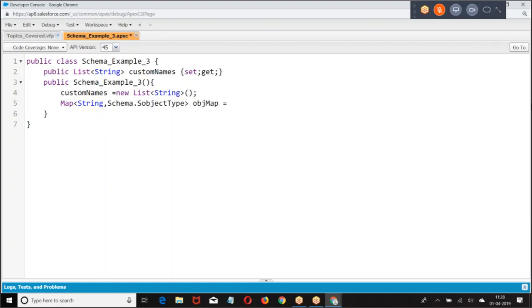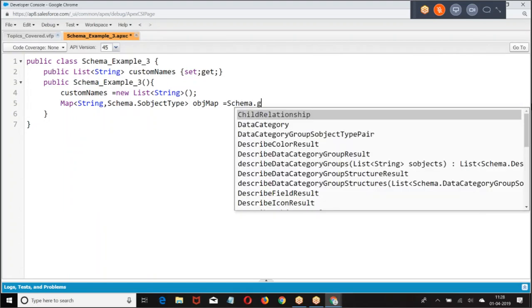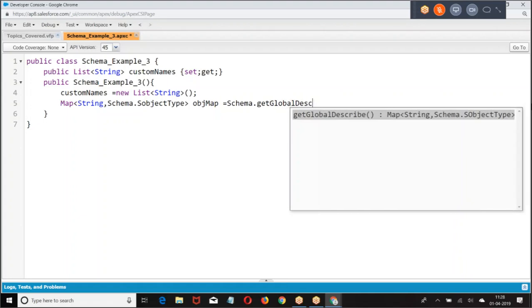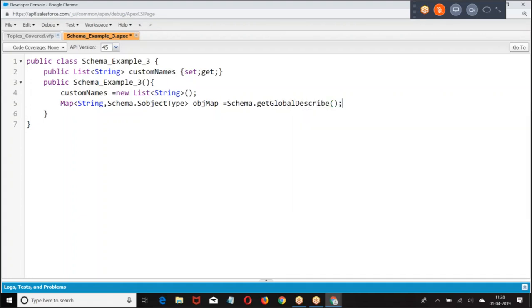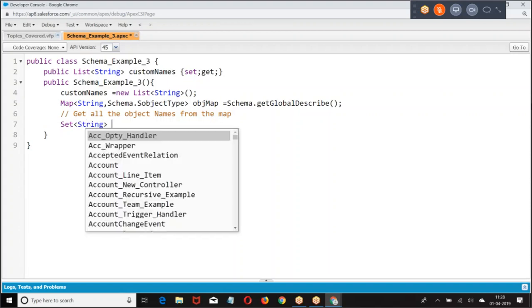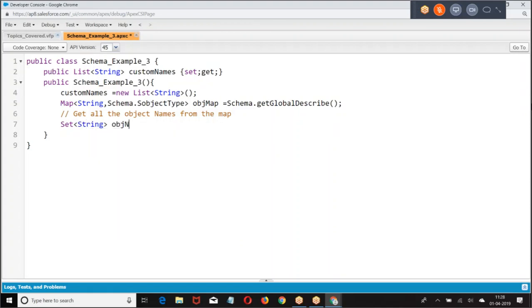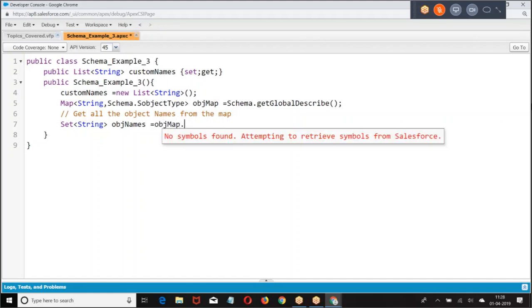How do you get all the objects? Schema dot getGlobalDescribe. This will give you all the objects. But what you want is only custom objects. Then what I'm doing? Get all the objects. Object name is equal to object map dot.